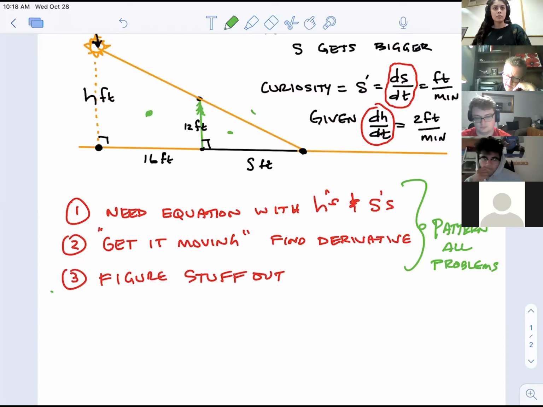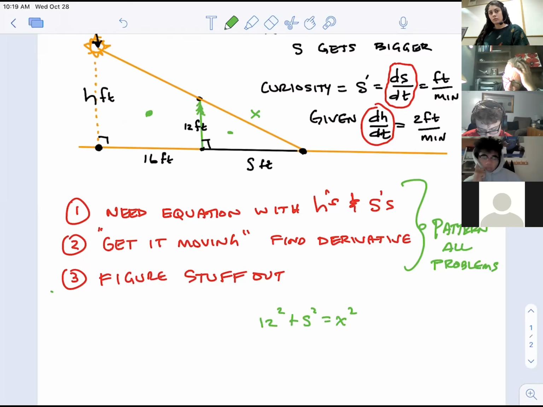some letter. I'll just say x. And so does it make sense? I could say 12 squared plus s squared equals x squared now. So yeah, that's totally true. Now, the only thing I don't like about it is notice it's got an x in it. Like I never cared about that. And so is that x going to cause me problems? It would be better if I could get an equation with h's and s's and no other junk that I don't want.